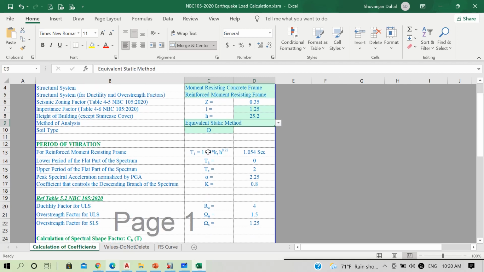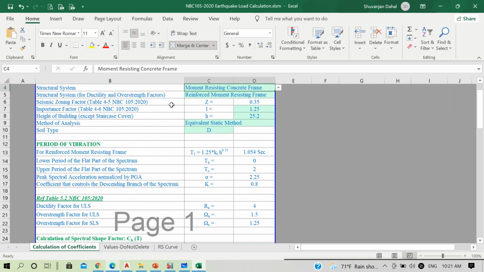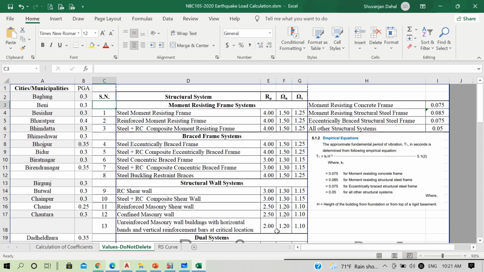Our period of vibration will be 1.25 kT into H to the power 0.75. This kT factor is based on the structural system which you are using. If you see here, the value of kT will be 0.075 for a moment resisting concrete frame. This is available in our code also. And this 1.25 is because of what it says in our clause